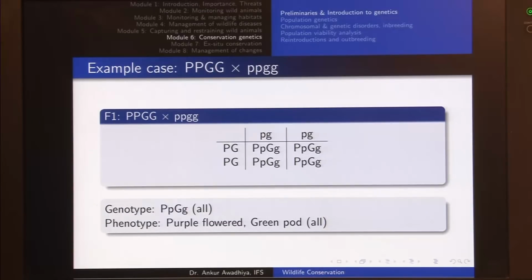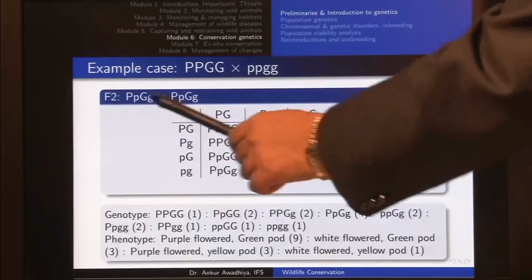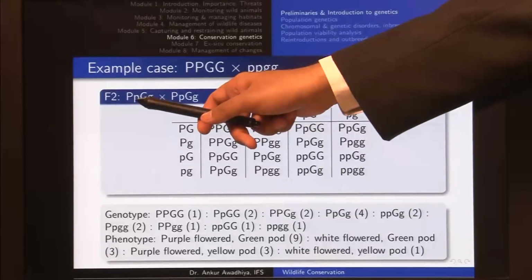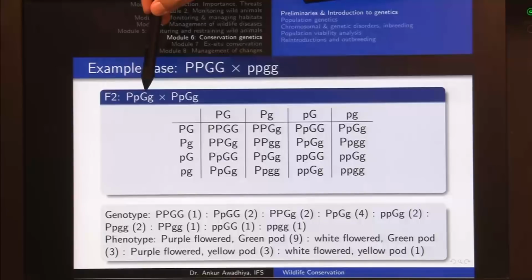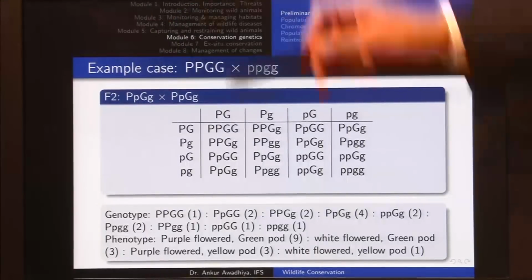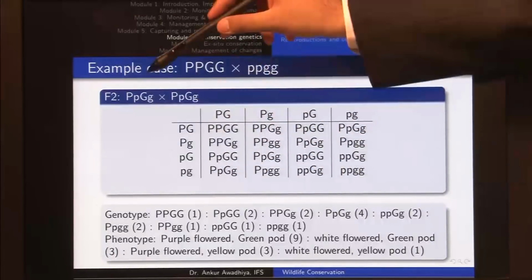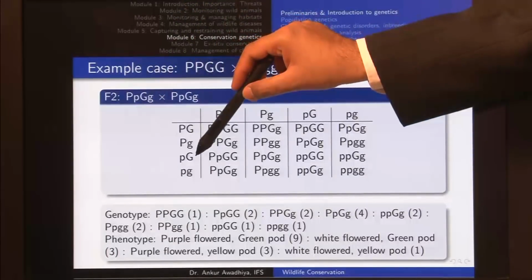Now in the F2 generation, we are crossing these individuals with each other. So we have capital P small p, capital G small g crossed with capital P small p, capital G small g. Now in the case of this individual, what all kinds of sperms will we get? Because these alleles are assorting independently of each other, we can have capital P with capital G, or capital P with small g, or small p with capital G, and small p with small g. So we have written all these four combinations here. These are the four different kinds of sperms that will be formed: capital P capital G, capital P small g, small p capital G, and small p small g.